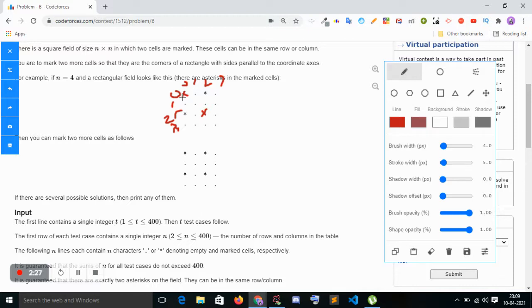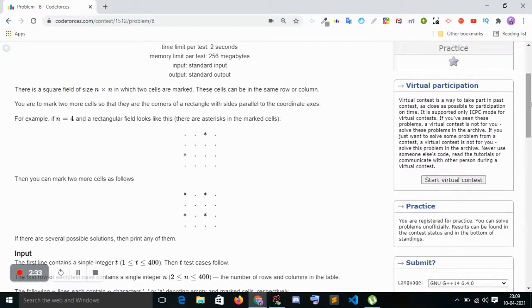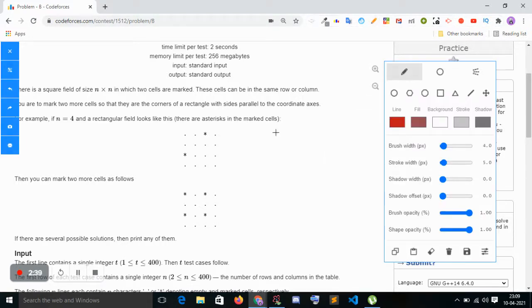So how do I solve this problem? Whenever you get this kind of problem, always try to enumerate all the conditions. The first condition is if the two marks are in the same row.